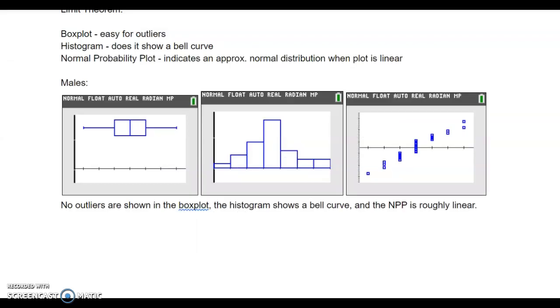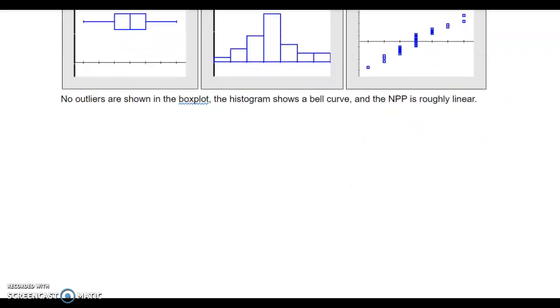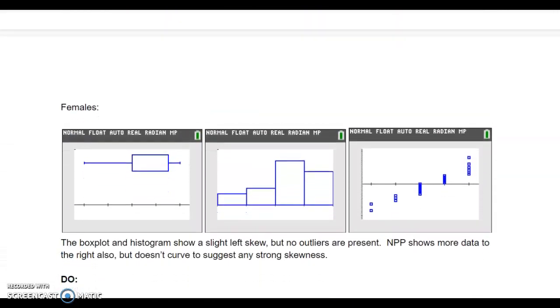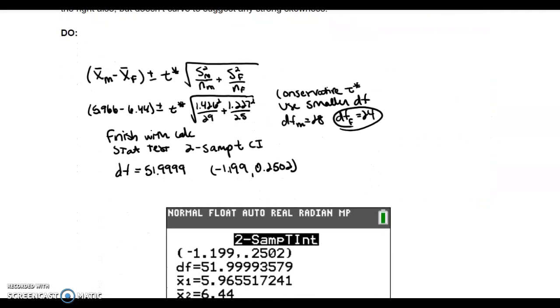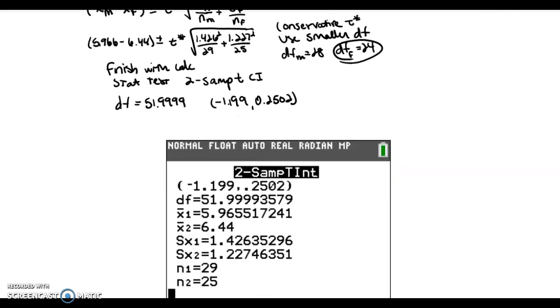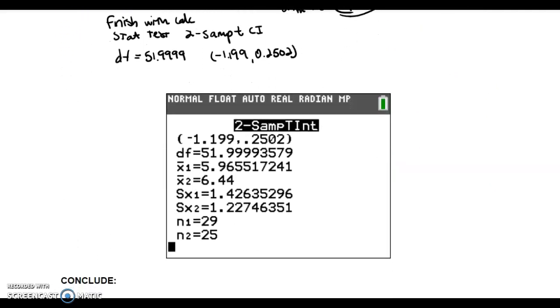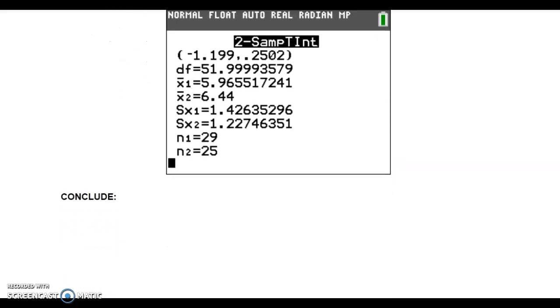Okay, so here we are back in the Google Doc just to finish things up. Some notes about how we check normality are 3 different options. I gave all 3 pictures for the males, all 3 pictures for the female data, and then here we have the do step written out. And again, it's not like you have to show the calculator screen, but just to show what that looks like. So finally, our conclusion. We are